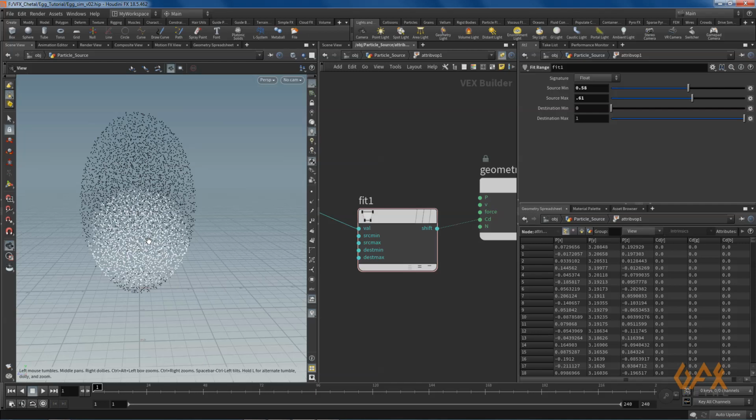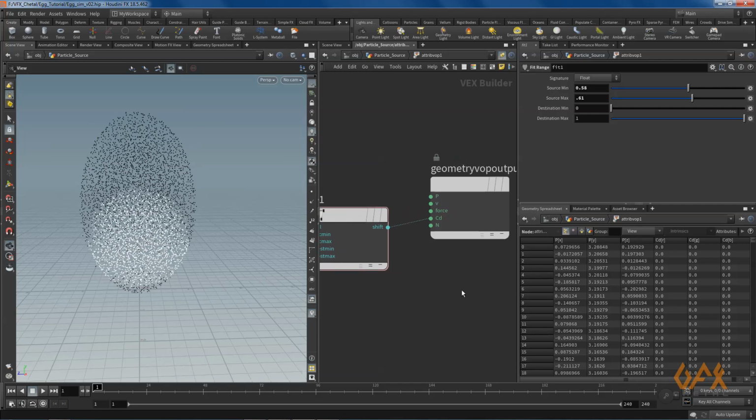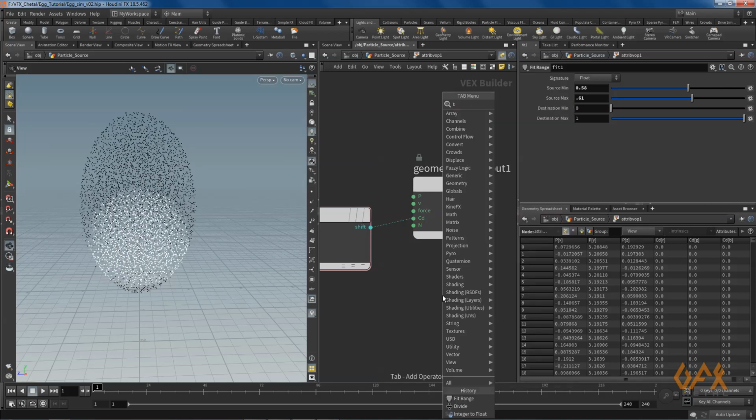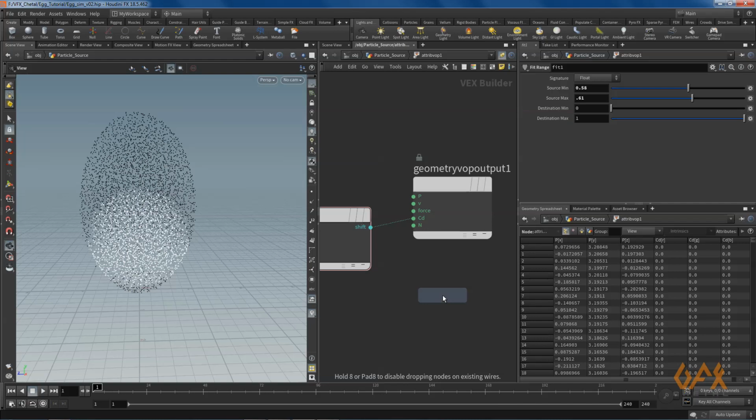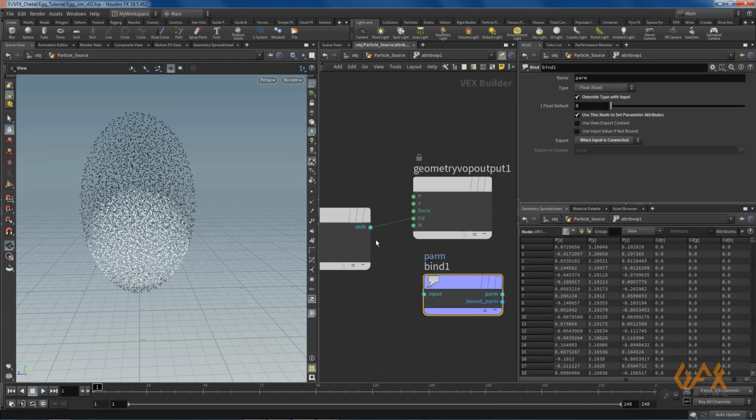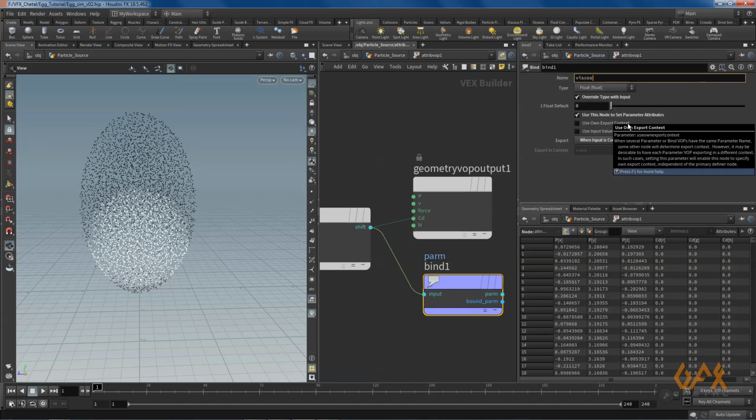Now I need to create one more attribute for my viscosity. For that I just create one bind export over here. I set this value over here, and now here you need to write viscosity, because in your fluid system you should write the attribute name like this for viscosity.